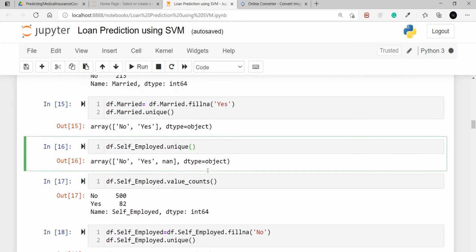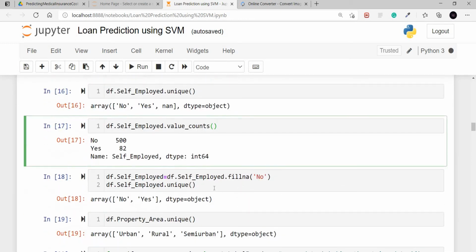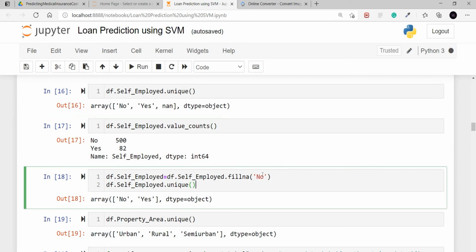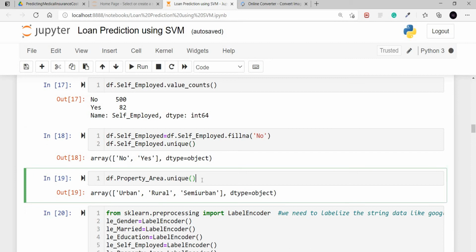So this column is right. The same with self-employed, there are also empty values, so I am filling those empty values by no. Same with the property area. If we see the property area unique, we can see urban, rural, and semi-urban. No empty values are there.